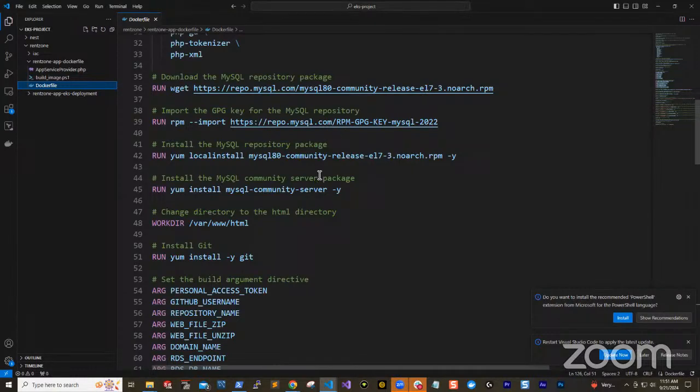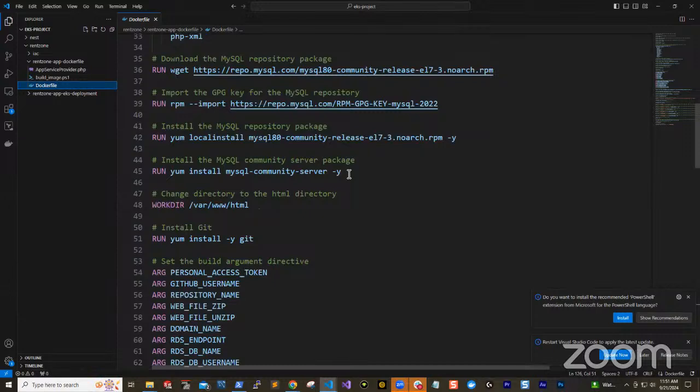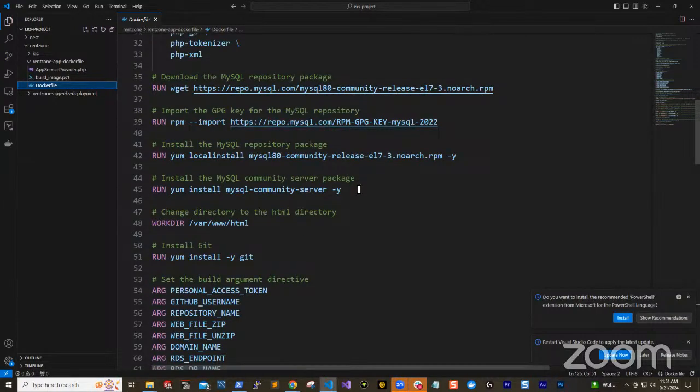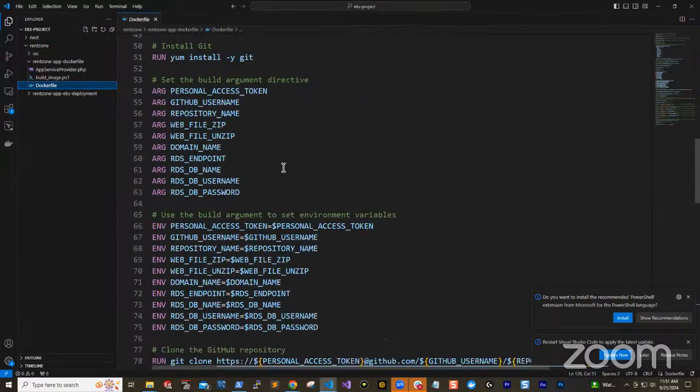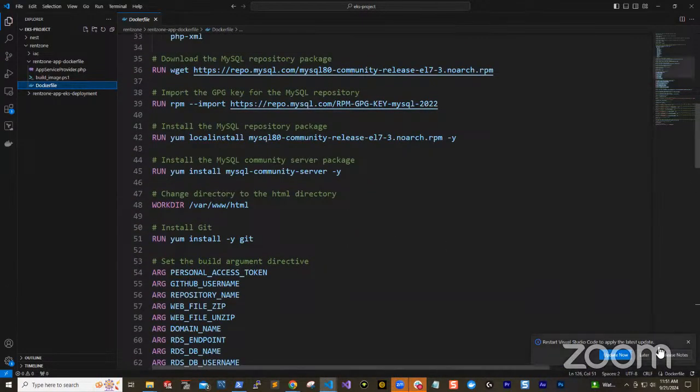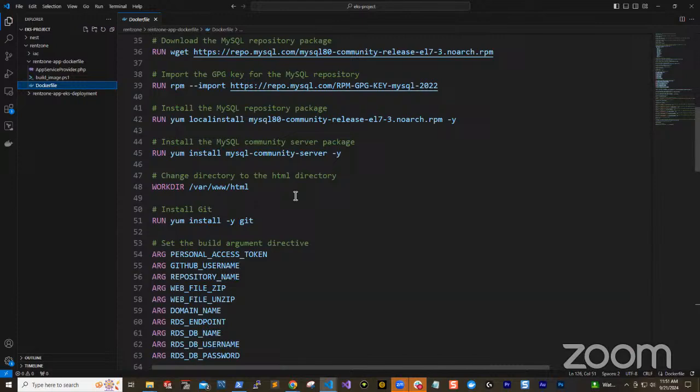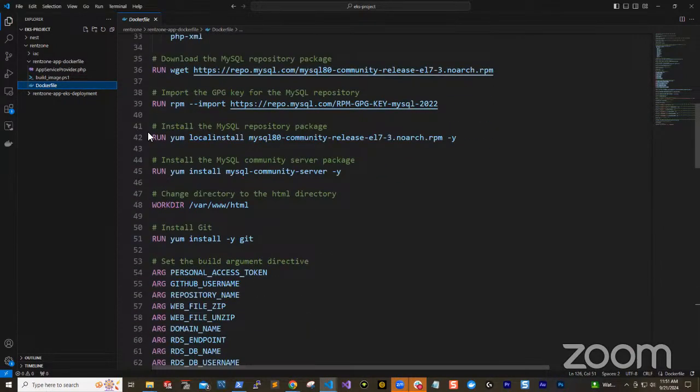Someone actually told me that since we're connecting our application to our RDS, we don't even need to install MySQL on our image. But I'll test that one later. All right. So what I'm doing is I'm going to